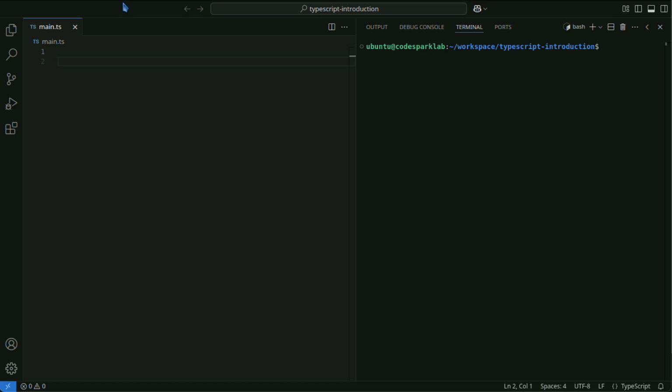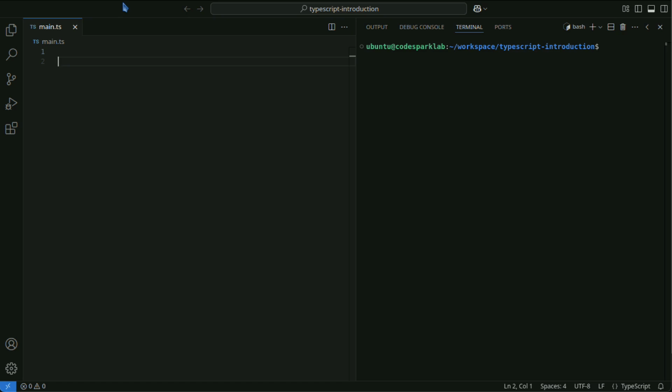In TypeScript, you can use the following 5 decorators. Class decorator: a decorator applied to a class. Method decorator: a decorator applied to a method of a class.